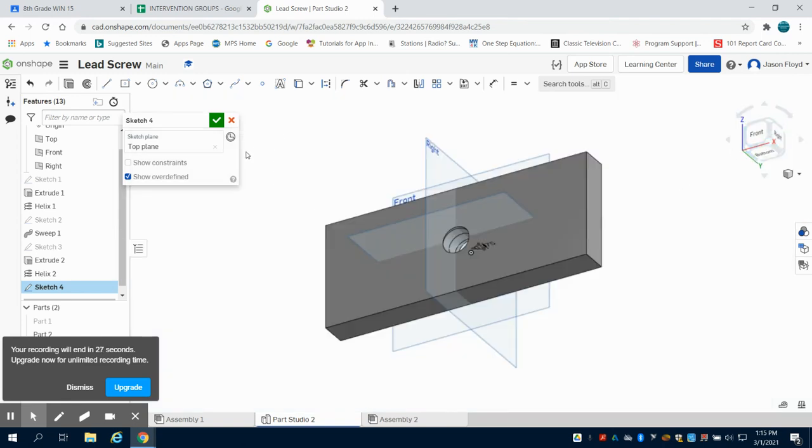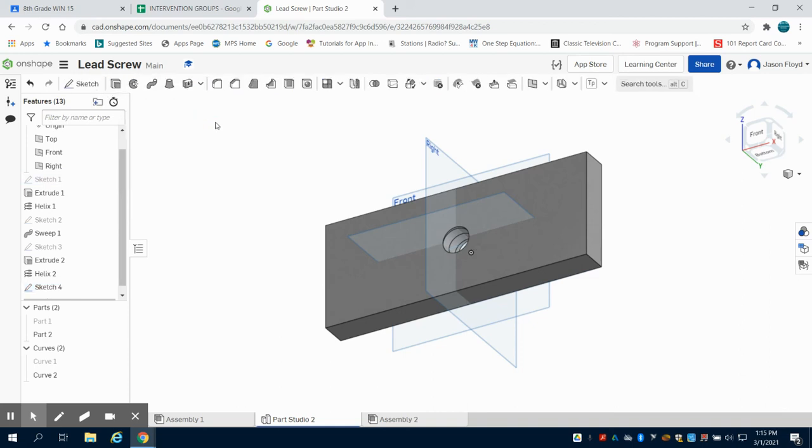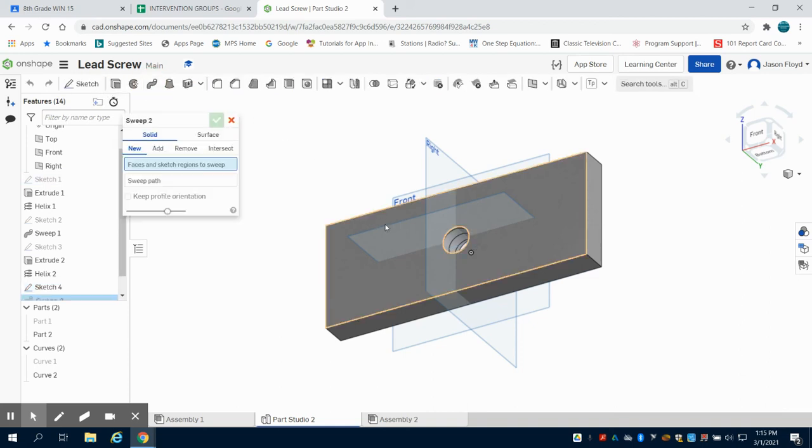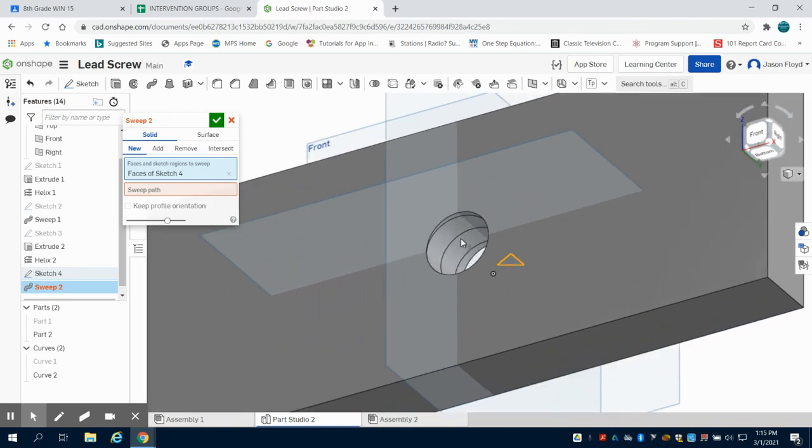So now that I take a look at this, I can do that same sweep technique. I can close this sketch out. I'm going to come to my sweep, select the face of that, and select my helix as my path, and then I'm